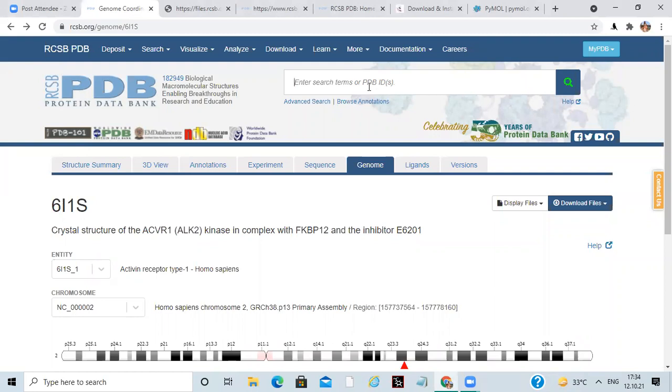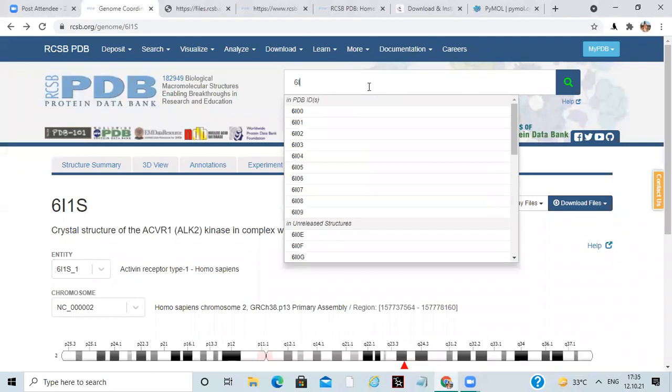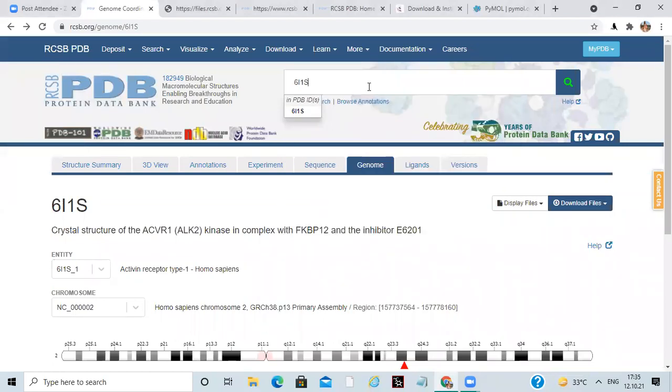One easy option here is amazing: if you have six to seven IDs to download at a time, you can enter them separated by commas, because remembering IDs is a difficult task.